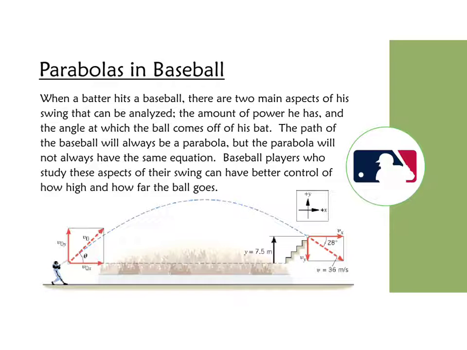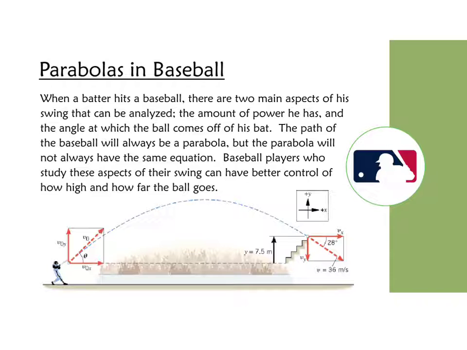Parabolas in baseball. When a batter hits a baseball, there are two main aspects of his swing that can be analyzed: the amount of power in the bat and the angle at which the ball comes off the bat. The path of the baseball will always be a parabola, but the parabola will not always have the same equation. Baseball players who study these aspects of their swing can have better control of how high and how far the ball goes. If we take a look at this, we can see that this batter